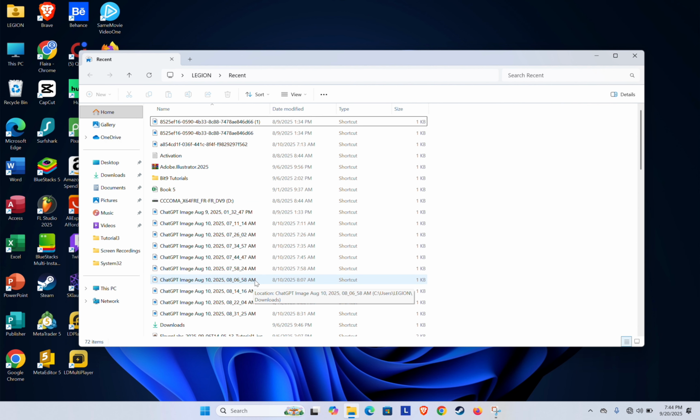And that's it. With these two tricks, you can easily check if someone has been using your computer without your